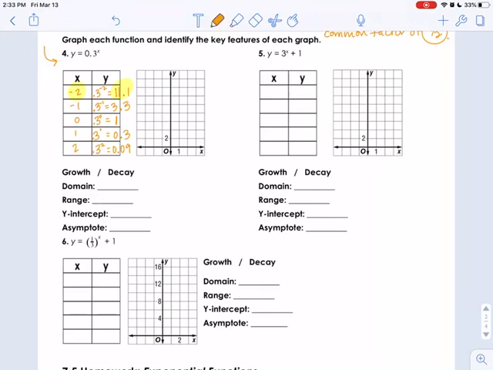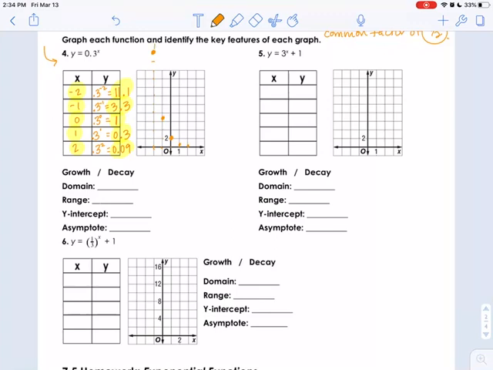So now I'm going to plot these points. So I have -2, 11.1. So if I go -2, I need to go up 1, 2, 3, 4, 5, 6, 7, 8, 9, 10, 11. I'm actually up off the graph. So at 11.1, I'm about here. And then at -1, I'm going to go up to 3.3, a little over 3. And I have 0, 1. And then I have 1, 0.3, which is just right above that line, and then 2, 0.09,